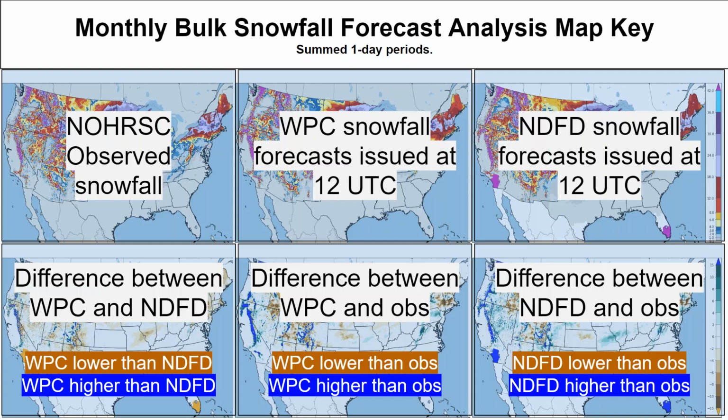And NDFD, NOHRSC, and WPC are all regridded to a 5 kilometer grid to match so that we can do difference fields in the bottom. And the bottom row basically shows the difference between the WPC deterministic snowfall and the NDFD snowfall. Again, 24-hour forecast valid 12Z to 12Z and summed for the monthly periods that we're going to be looking at. And then the difference between the WPC forecast and the NOHRSC, and the difference between the NDFD and the